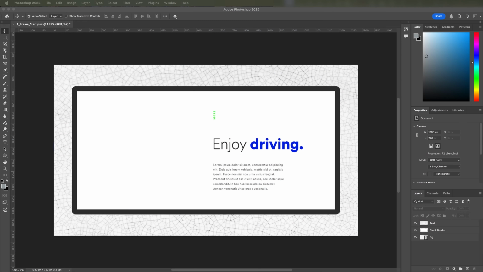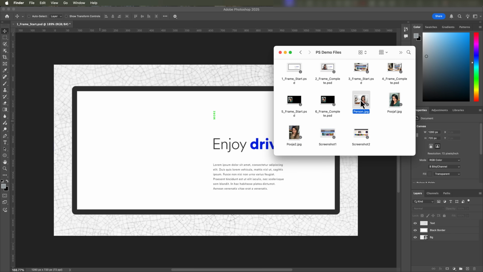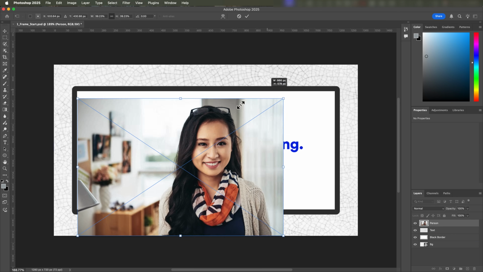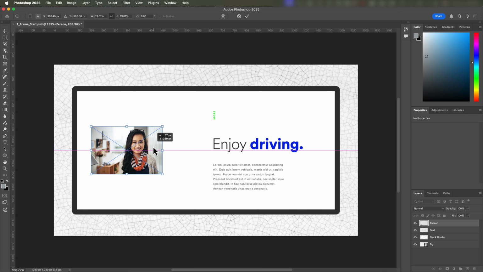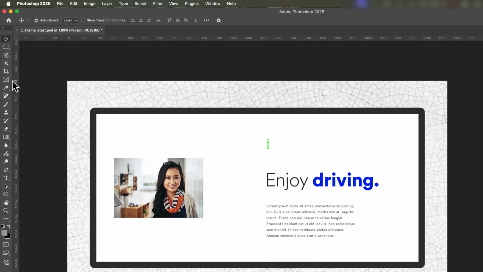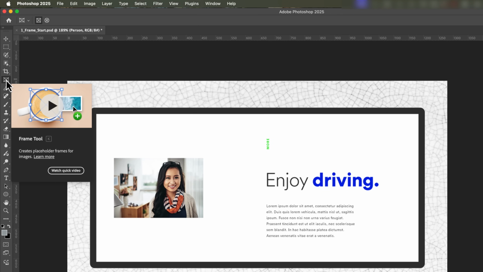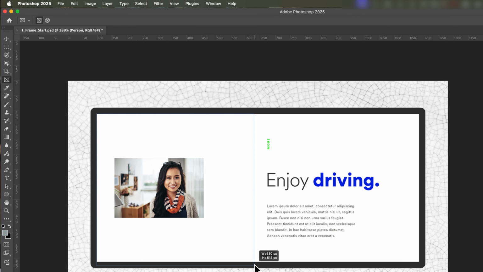Let's start simple. I've got a slide layout where I want to place an image of a person neatly into a designated area. First, I'll add the image and resize it to something more manageable and small. Next, I select the Frame tool just below the Crop tool and draw a rectangular frame where I want the